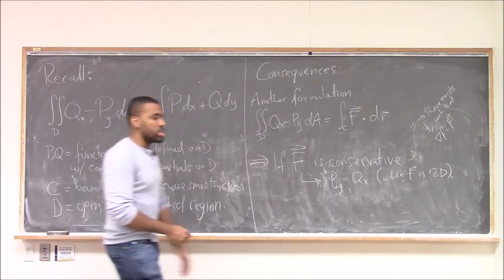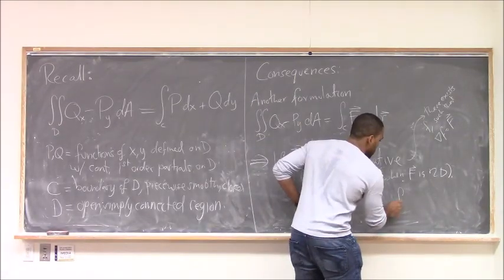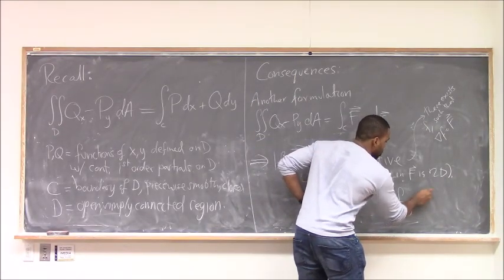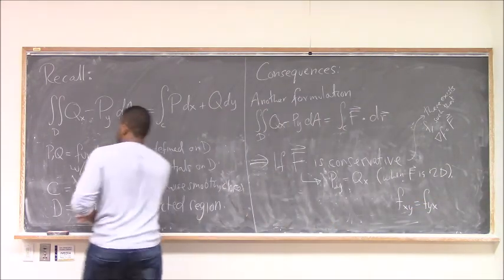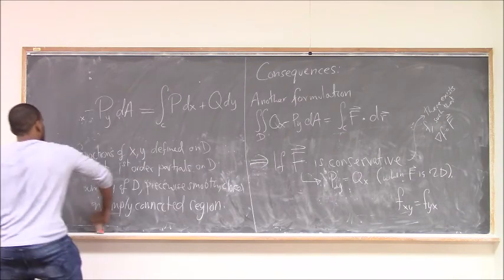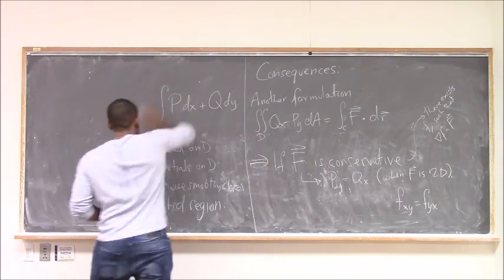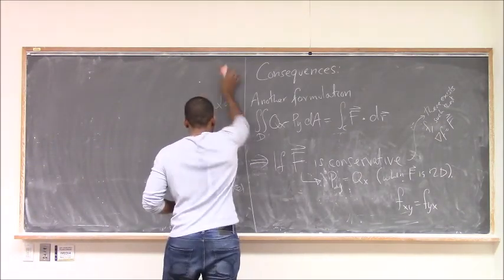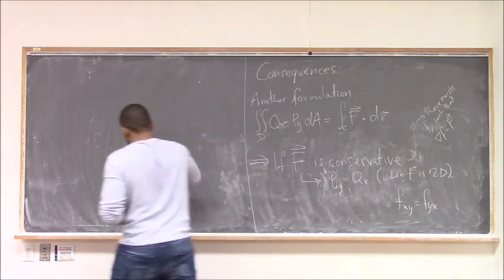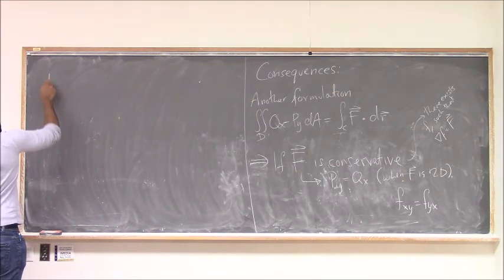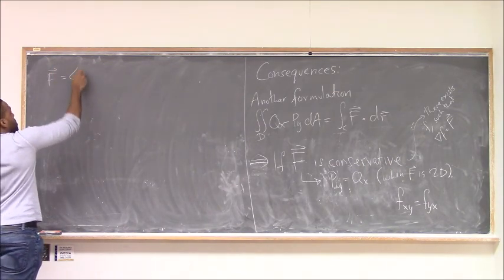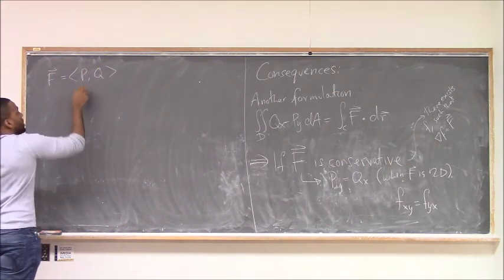Clairaut's Theorem is a theorem that says if your partial derivatives are continuous, then it doesn't matter what order you take partial derivatives in. So as long as all your derivatives are continuous, the order in which you take a sequence of partial derivatives doesn't matter. So if we know, for example, that f is equal to pq,